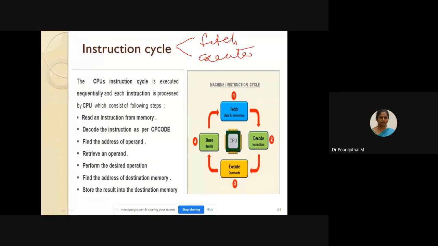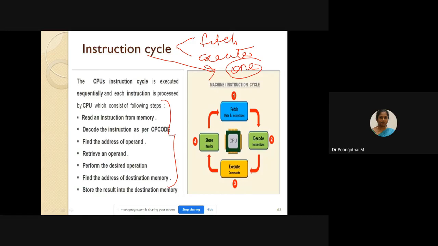Okay, so here your machine cycle is part of the instruction cycle. So instruction cycle is the process initiated by the CPU to execute one program instruction. So every program instruction is associated with this instruction cycle. Okay. So already I have explained instruction cycle is the time taken to execute one instruction. So the instruction cycle consists of a sequence of the following steps.